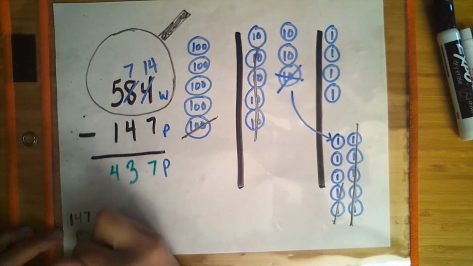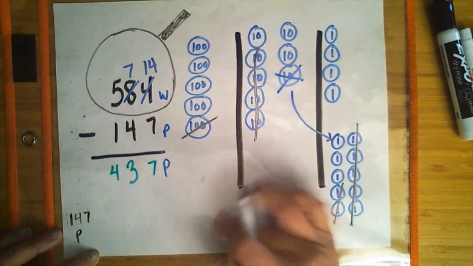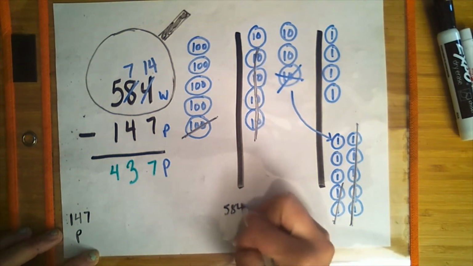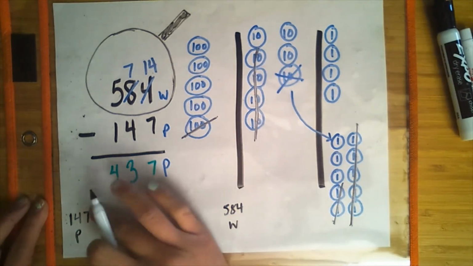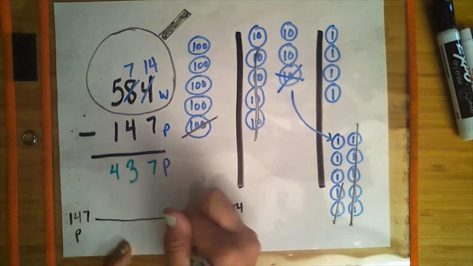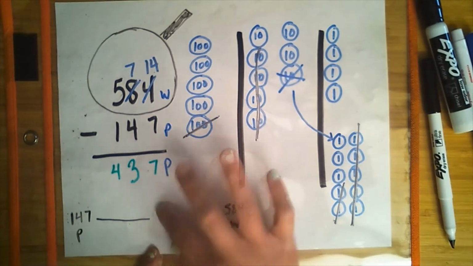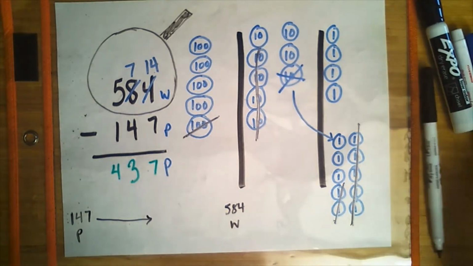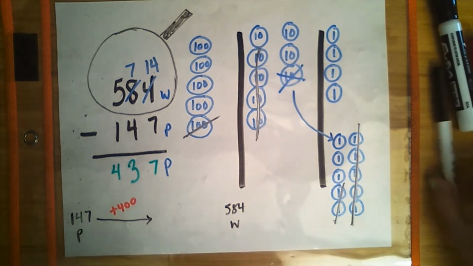147, that's our part, and then our whole is going to be 584, and I'm going to label that as well. How many jumps can I make in order to get close to 584 without going over? I'm going to do 400 jumps and see where that puts me. Or actually, let me make my arrow a little bit shorter. I'm going to make 400 jumps. That'll land me at